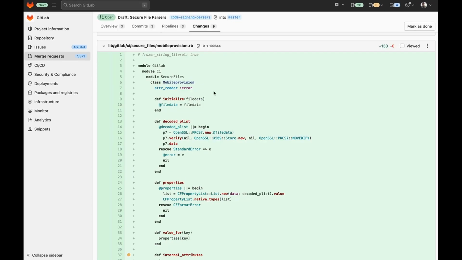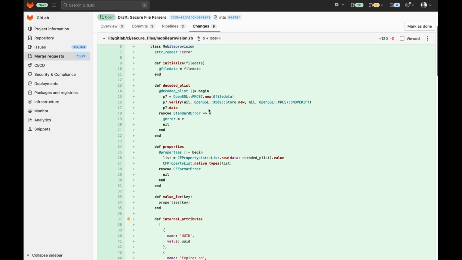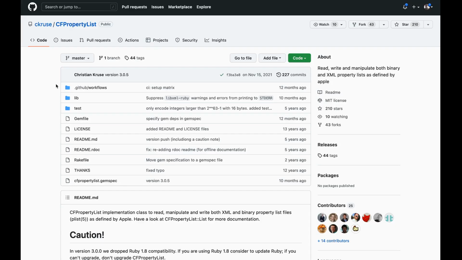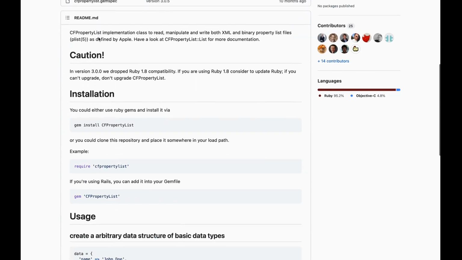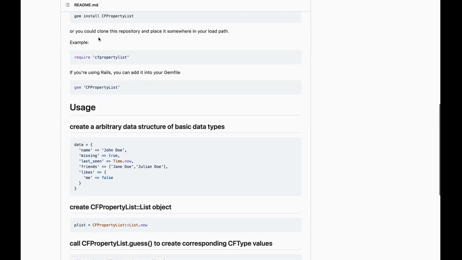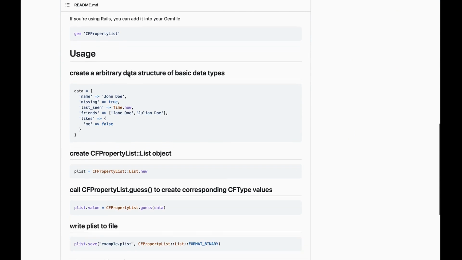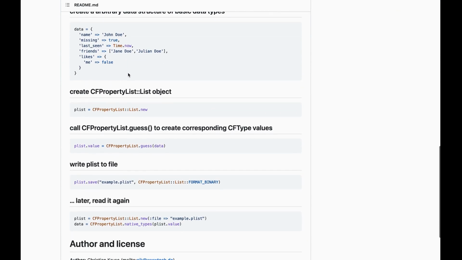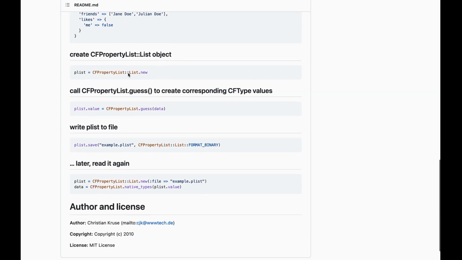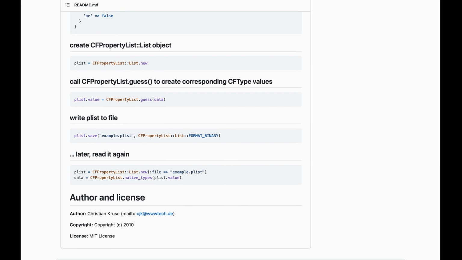We'll start by using OpenSSL to decode the file, which will give us back a plist file. Plist files are a bit tricky to parse, so this MR adds a gem called CFPropertyList. This gem does a nice job of parsing plist files and supports multiple Ruby XML libraries, including libxml, REXML, and Nokogiri. Using CFPropertyList, we're able to parse the plist file into a Ruby hash and easily visualize the